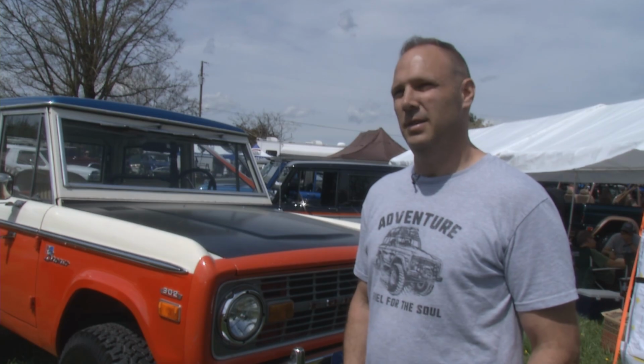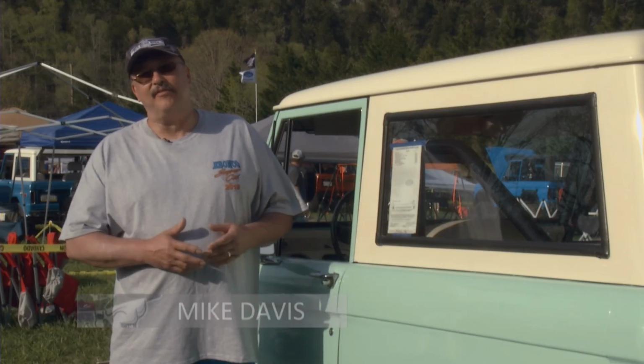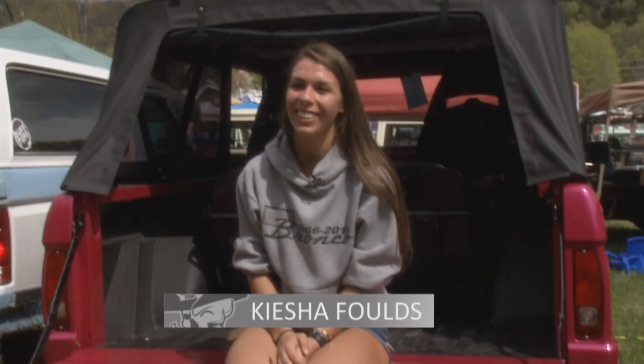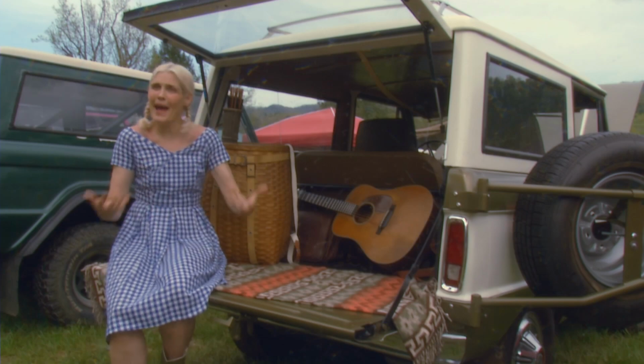And people that don't know Broncos still love the Bronco. It's just kind of a neat thing. You can't pull in anywhere and somebody doesn't have a Bronco story for you. I just think they look awesome. It's small, but it's big, and it goes places, and it's powerful. They're just a great method of creating wonderful memories for your life, and I think that's what Broncos really help